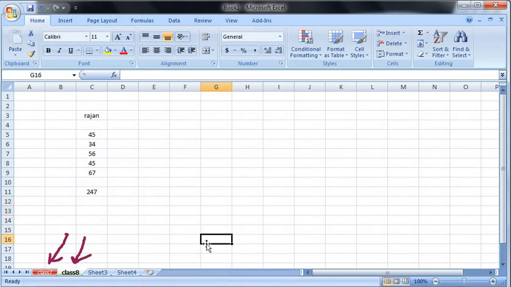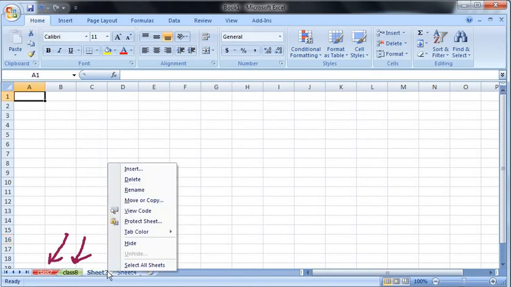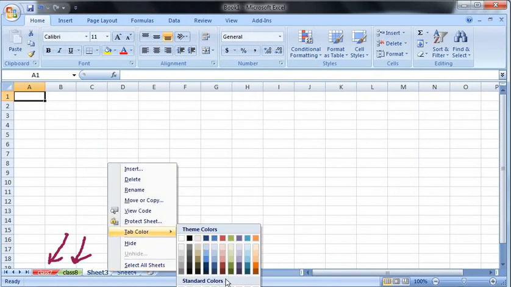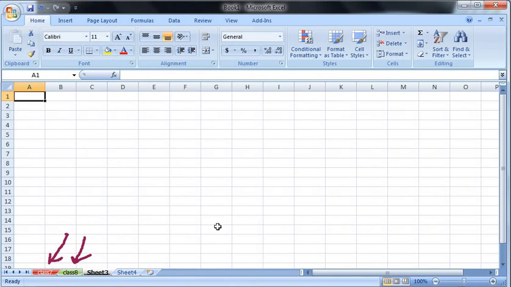Now see, its color has been changed to green. And now in case of sheet 3, I will click tab color and here I have taken black. So like this, you can change the color of the tab.